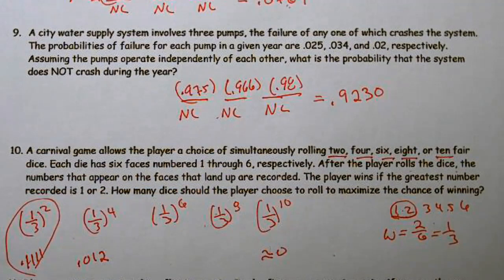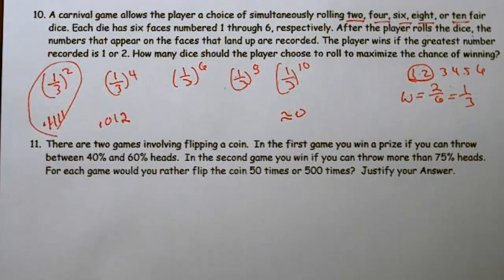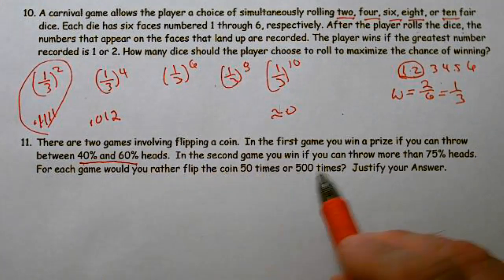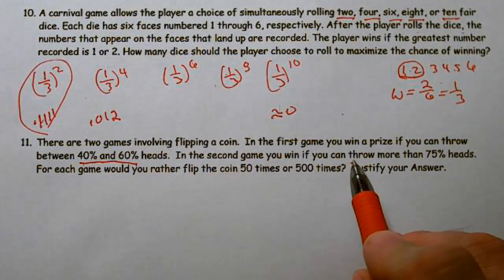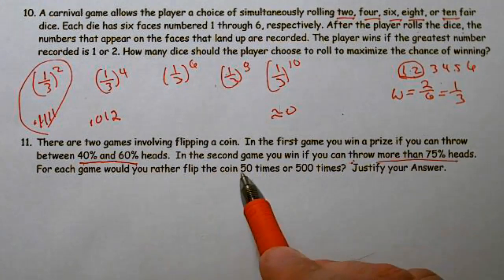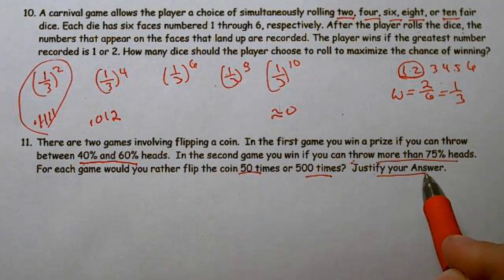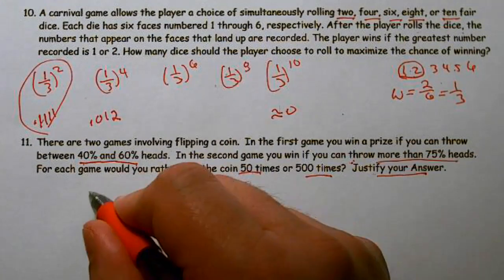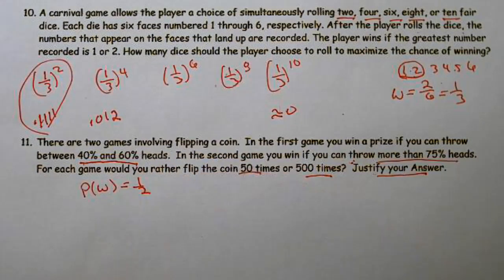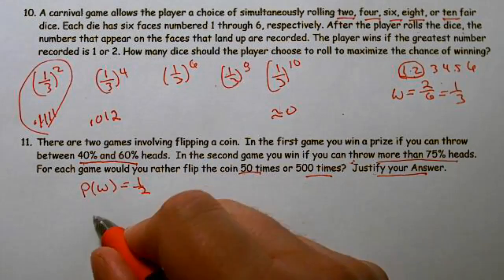All right. Finally, last one for this video. There are 2 games involve flipping a coin. In the first game, you win a prize if you throw between 40 and 60% heads. All right. In the second game, you win if you can throw more than 75%. For each game, you'd rather flip the coin 50 times or 500 times, justify your response. Well, I'm going to assume that the coin is fair. So if the coin is fair, the probability of a win equals 1/2, 50%. Law of large numbers says